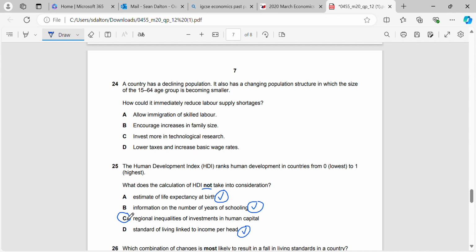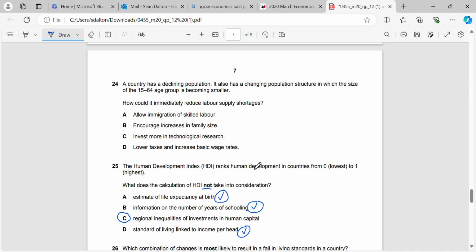So what do we mean by that? If you think about China, for example, we might have a lot of money spent on education in Beijing, so the schools in Beijing might be very good, but the schools out in the countryside might have a very poor quality of education because they might have less investment available to them. It doesn't measure the difference between different areas, but it does measure the whole standard of living for the country.